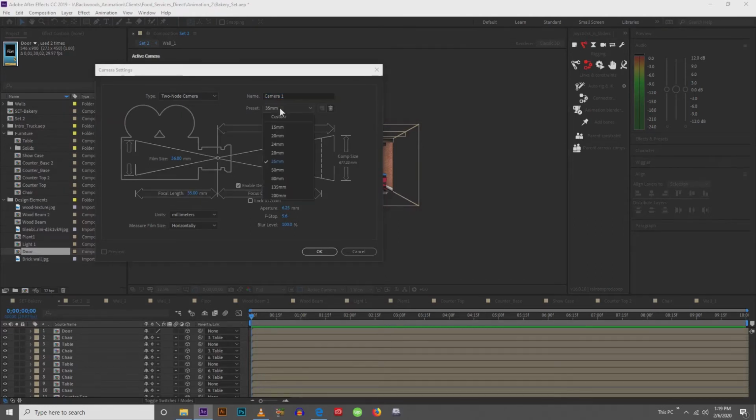All I know is if you click this, the smaller your millimeter dimensions are, the longer your lens is going to be. And the bigger it is, the shorter your lens is going to be. So let me just show you what I mean by that. So if I click 15, hit OK,